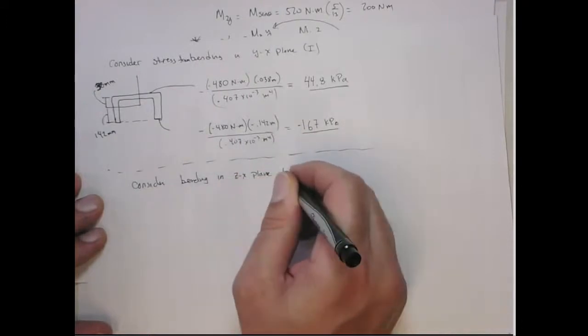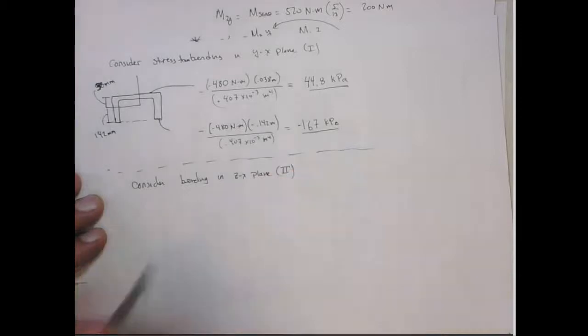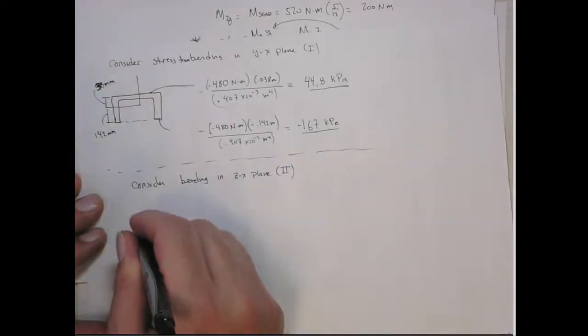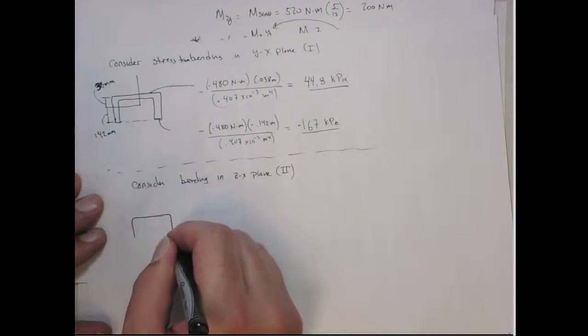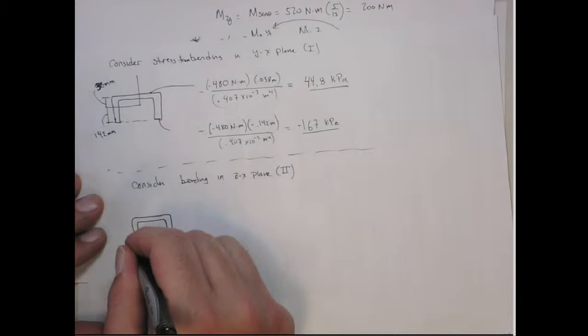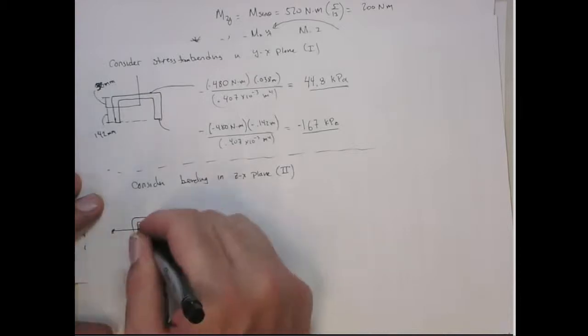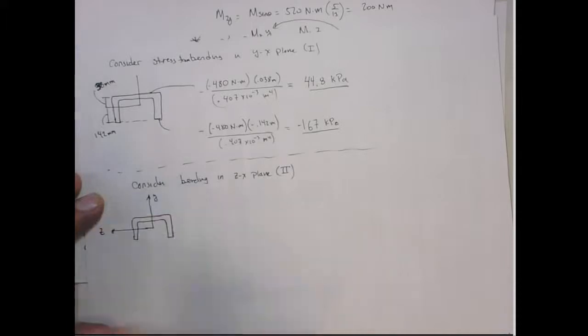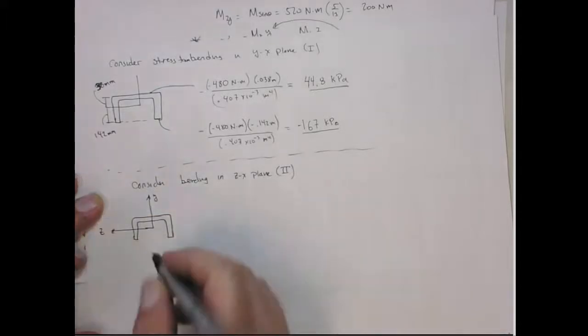This is the sort of case 2 that I drew previously. Still, it's the same picture. Here's the toppled over C channel. Here's the z-axis. Here's the y-axis. And now we've got bending in this plane,